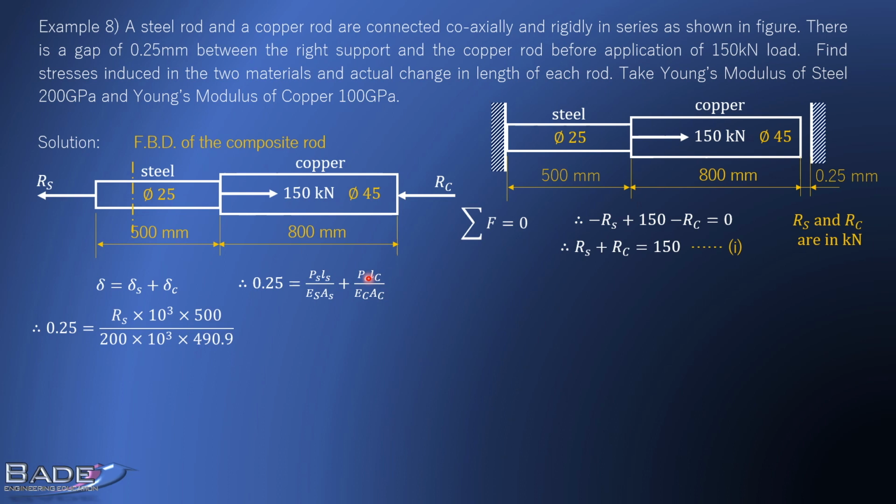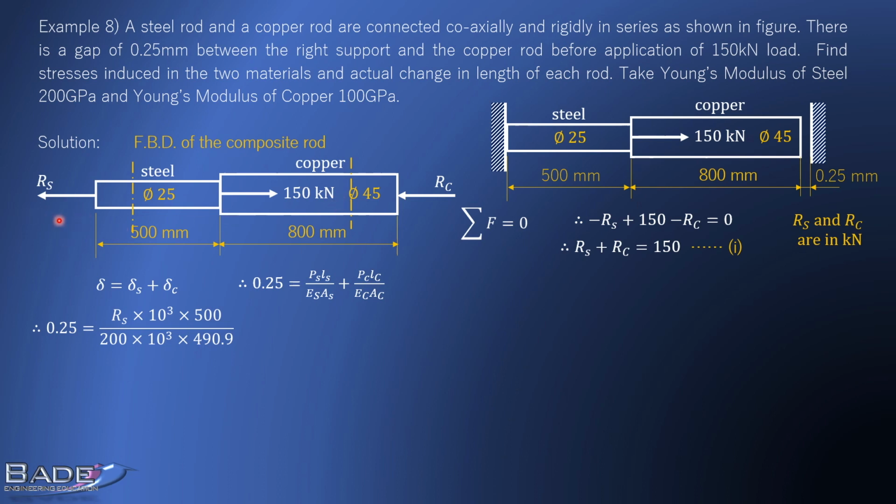PC is the load on copper. Take a section on copper. If you consider the right side, then that is push RC. So you can substitute PC as minus RC. No problem. But we don't want two unknowns in this equation, and it is possible to get this equation with only one unknown. Take a section in copper, but now consider forces on the left hand side.